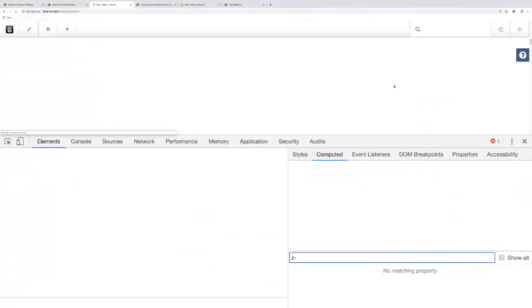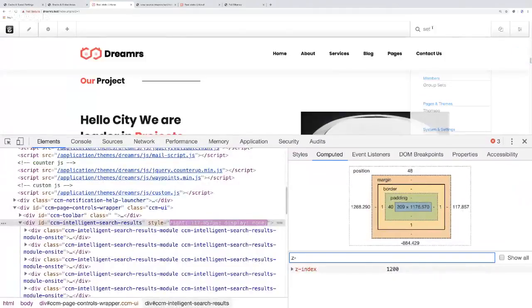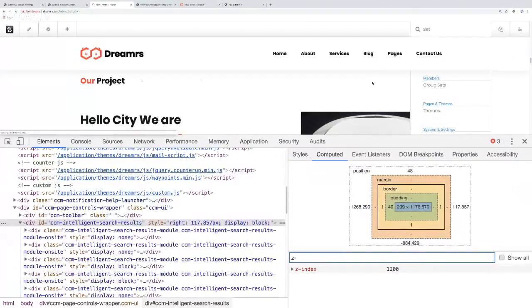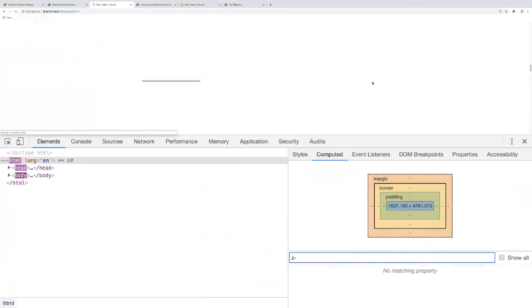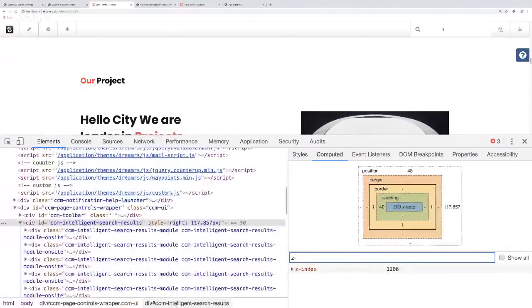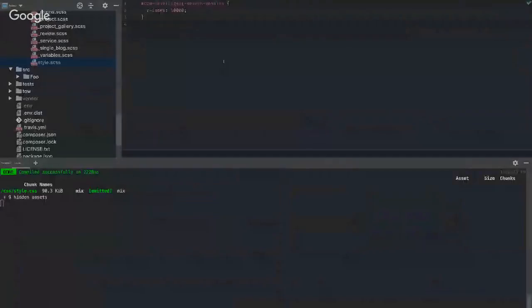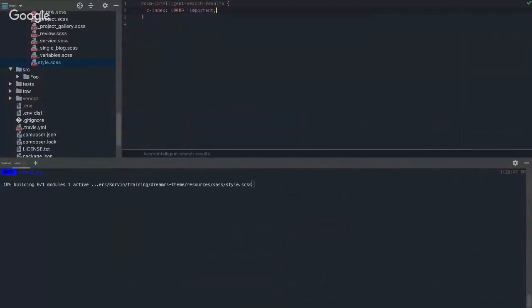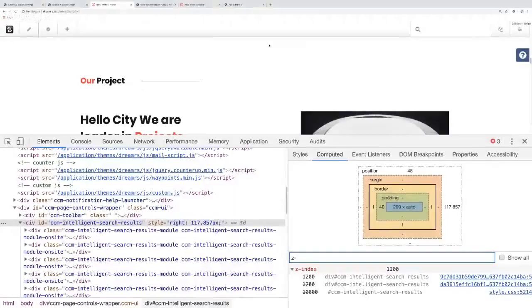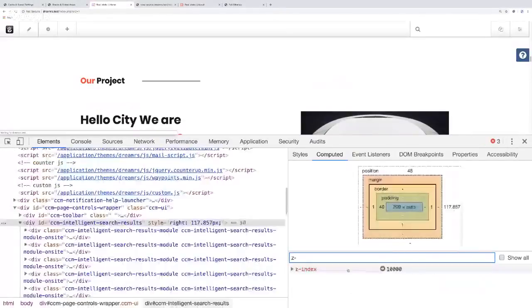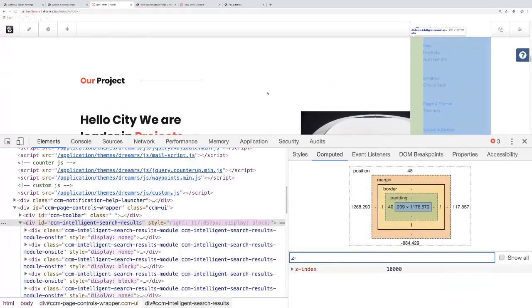Did you get enough time to build? Yes. Okay. Need a hard refresh. Still says 1200. Yeah. See, you need an important on there, huh? Yeah. We're not important enough. Yeah. So now our Z index is actually 10,000. Nice. Search here, and it's